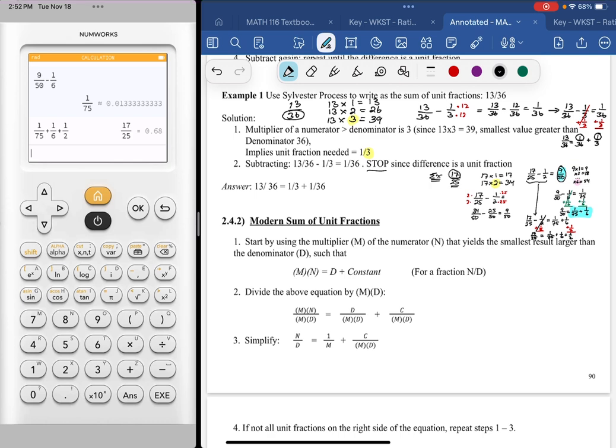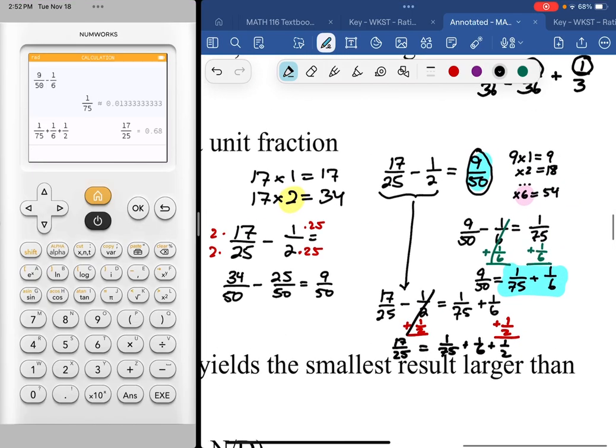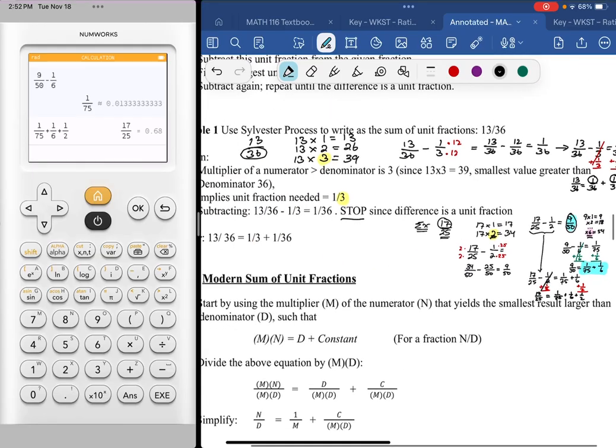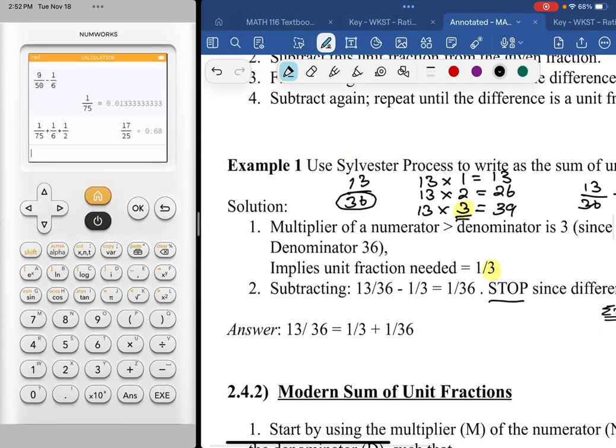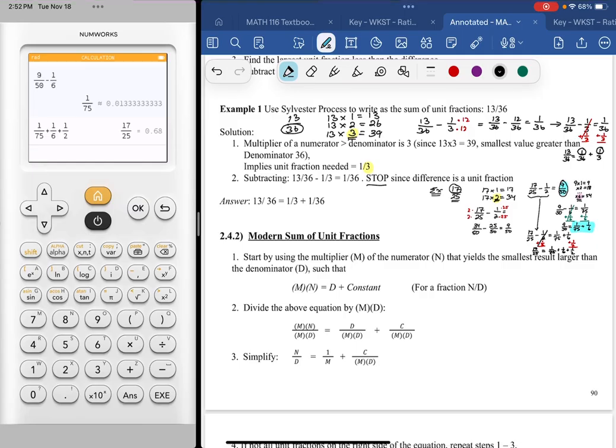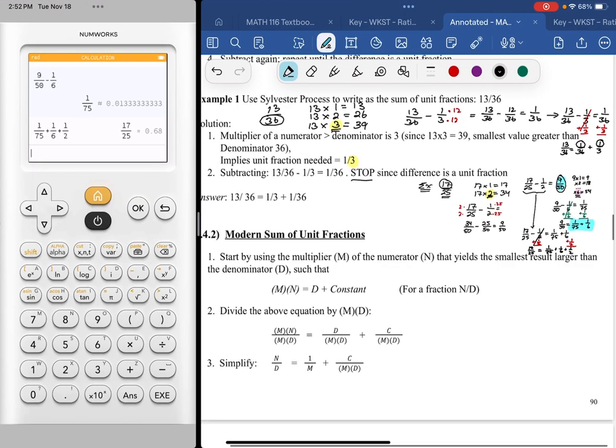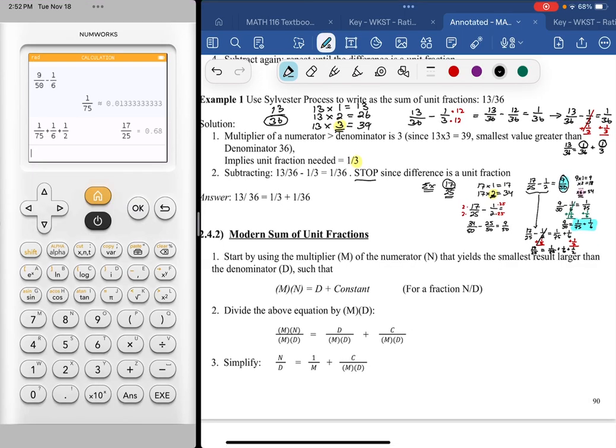Start by using the multiplier m of the numerator n, right? That yields the smallest result larger than the denominator, which sounds like what we just did. Right? We came up with, in this problem, a 2 as one of the multipliers and a 6 as another multiplier. And in the typed example, it was 3 that was a multiplier. All right. So we do that, start by finding the multiplier, and then